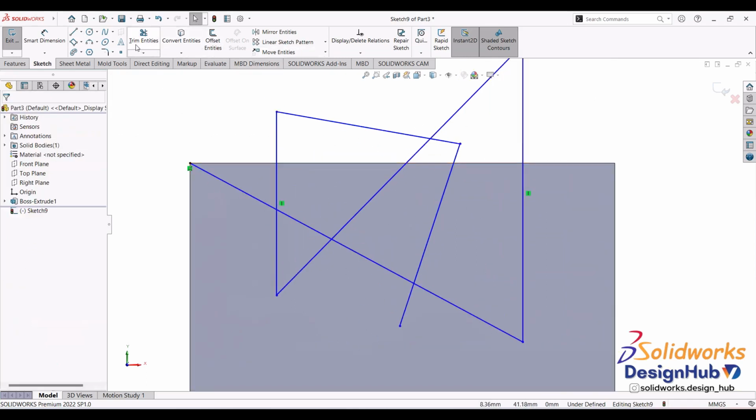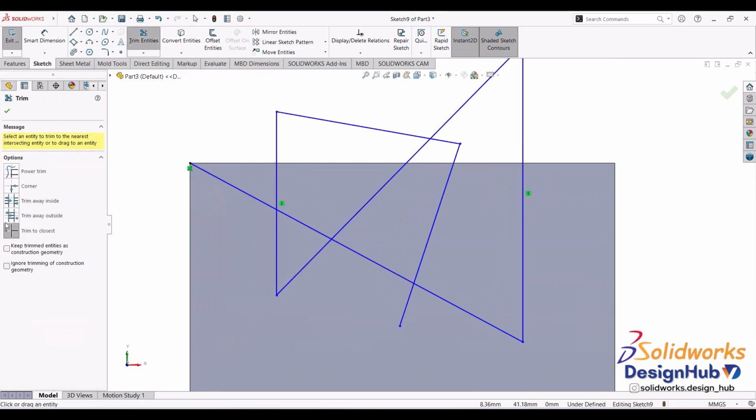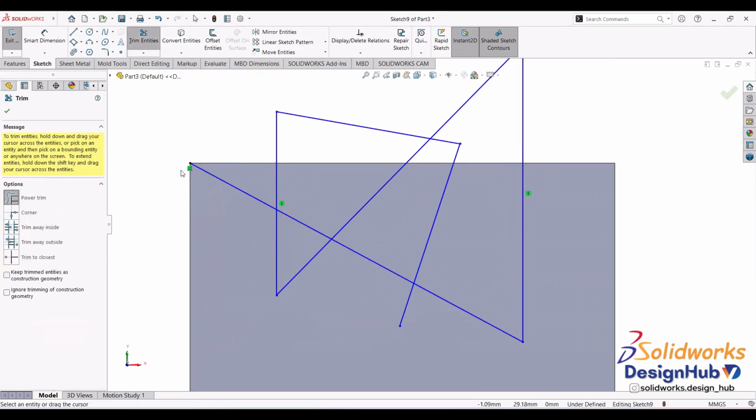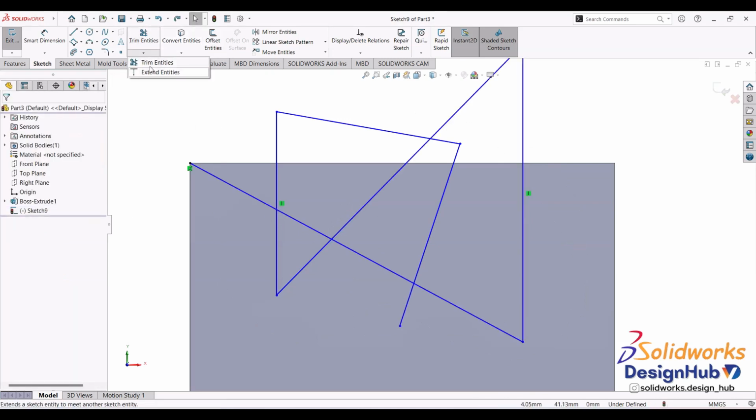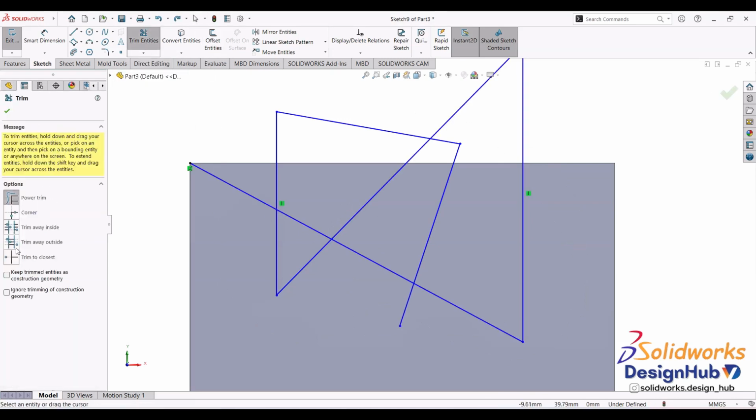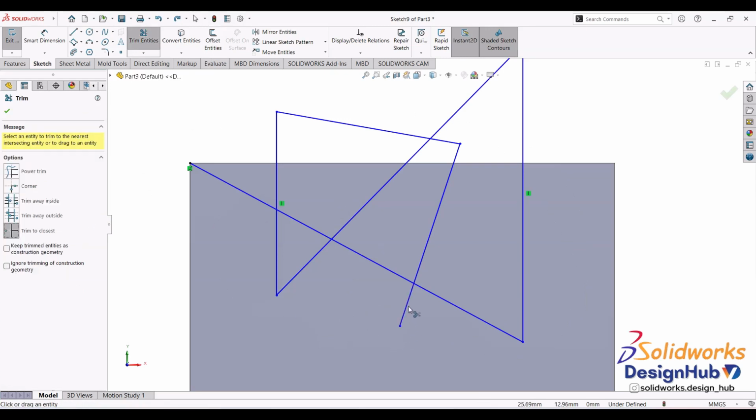Now you want to trim some unwanted lines, so let's select trim entities. There are various options. Power trim is nothing but you can drag and keep dragging it, and you can trim the unwanted lines. And if you want to trim the other way, you can select trim to closest, so it will trim just close to the